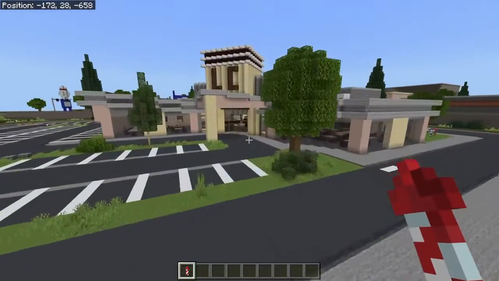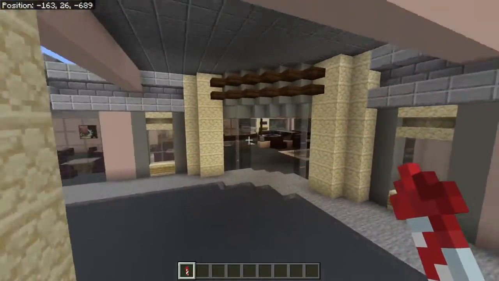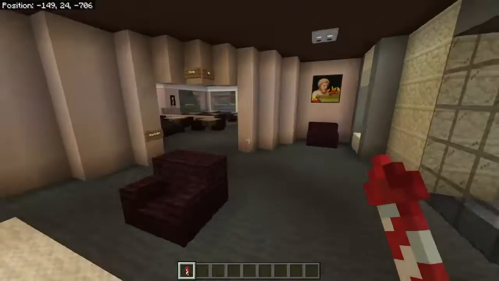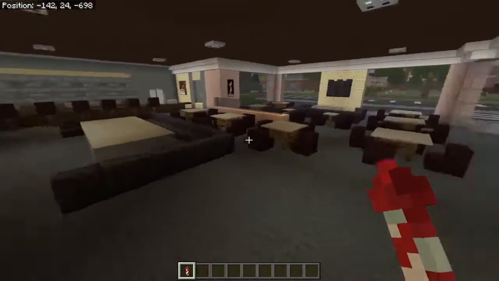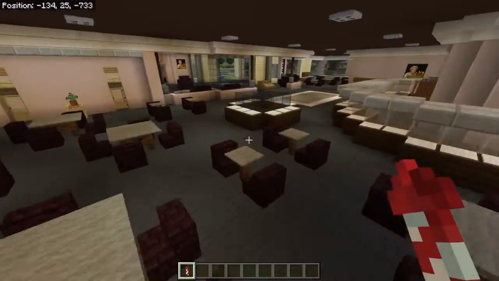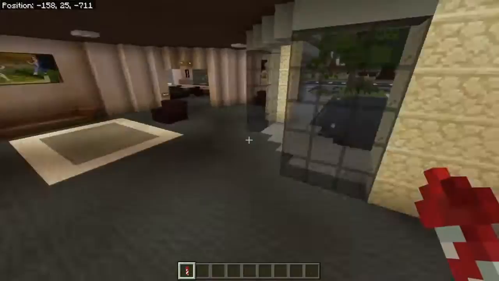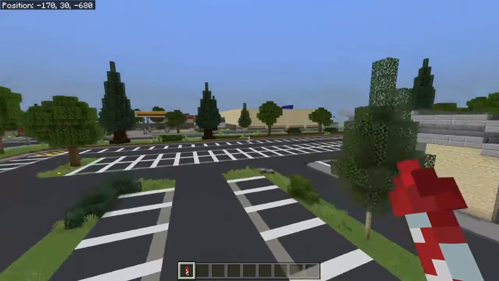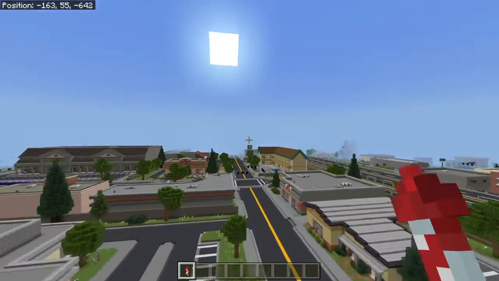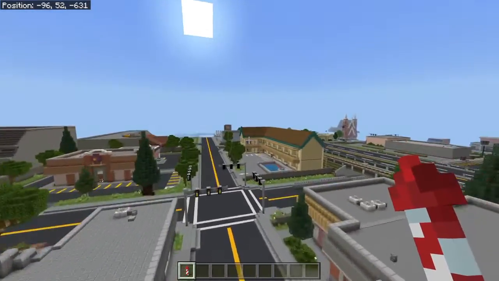Oh, there's this place over here. It's just a hotel, not a hotel where you stay, but where you go and eat, an all-you-can-eat buffet. Like you got a sports bar, an all-you-can-eat place. So not too shabby. That's all of this side. I think I'm pretty much almost done. Apart from over here, I have a...